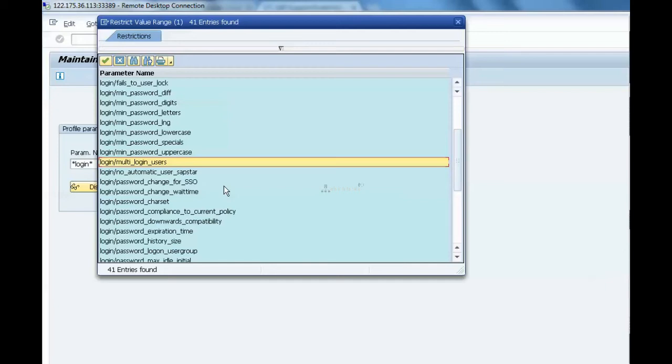I need to maintain it there because in every production system, every client has different standards for passwords, logins, locking on wrong passwords, expiry, and multiple logins. Based on your requirement, you need to maintain these parameters in the system. So in the instance profile we can see a lot of values in real time. Yes, exactly.